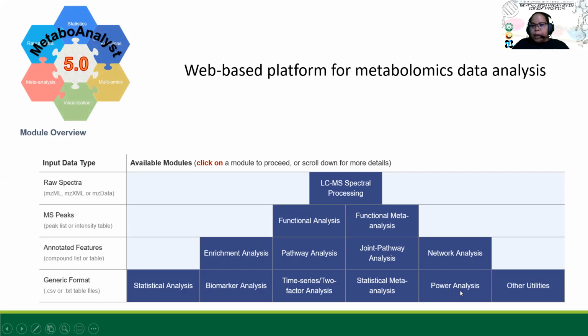It can perform power analysis to determine the suitable experimental designs, and it has other utilities. So you can see, it's a one-stop shop for a lot of the different things that you need to do for metabolomics data. And it's actually developed by the Xia group in